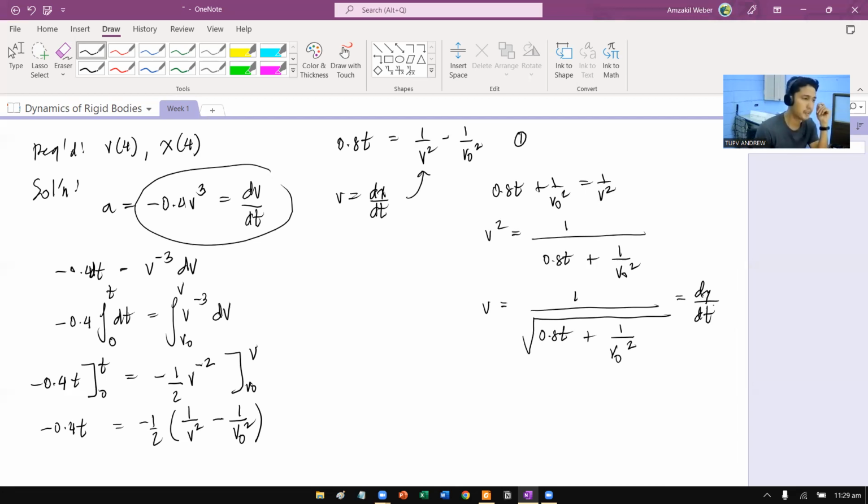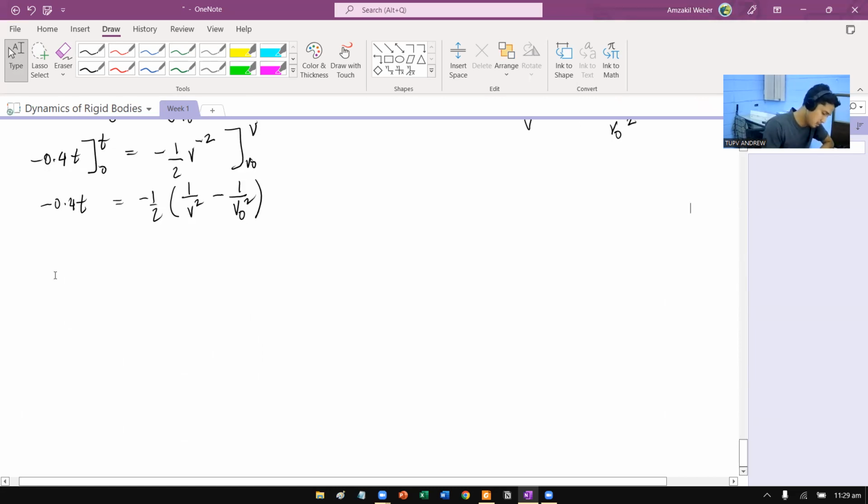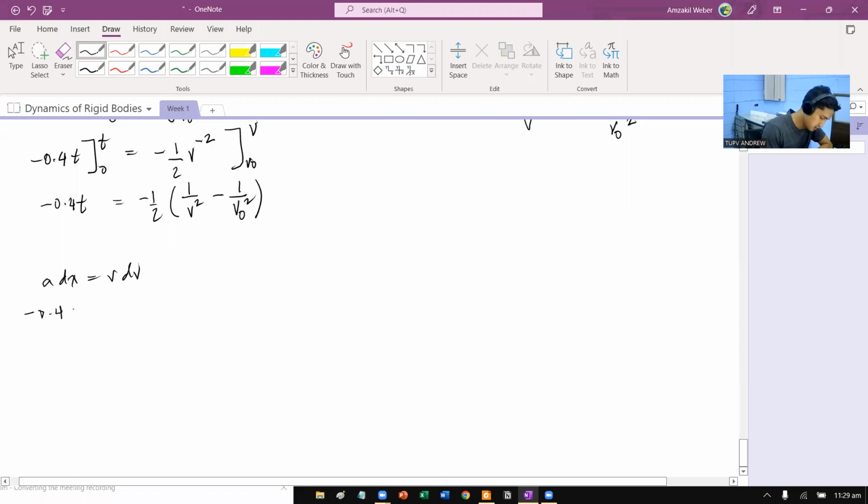Let's see if we can find another route. That would be possible, this one. Maybe integrate with the chain rule: a dx by dv. A is negative 0.4 v cubed, so dx by dv. Okay, so negative 0.4